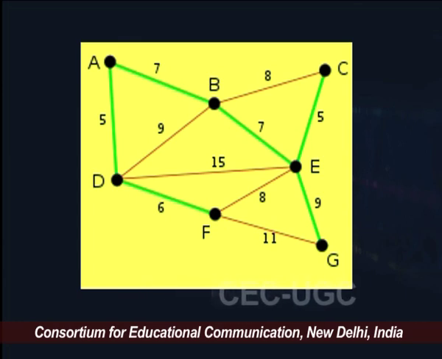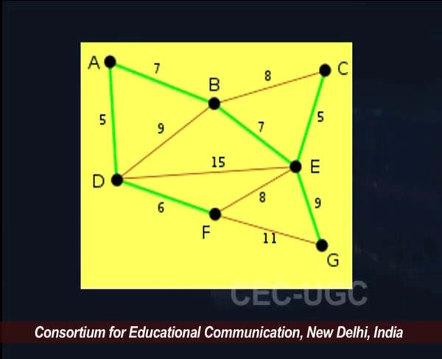So we have AB, we have AD, then BE is there, CE is there, then DF is there, and there is EG. So 6 edges are there. So ultimately, what does it indicate? This indicates that we have covered all the vertices present till this point without, we can say, forming